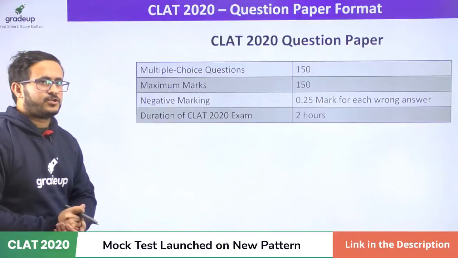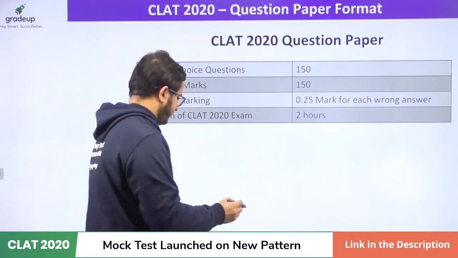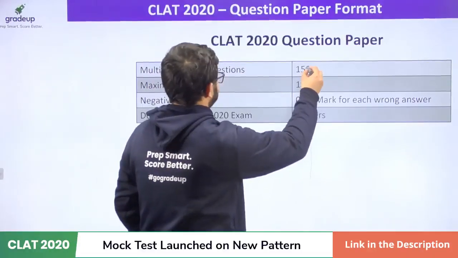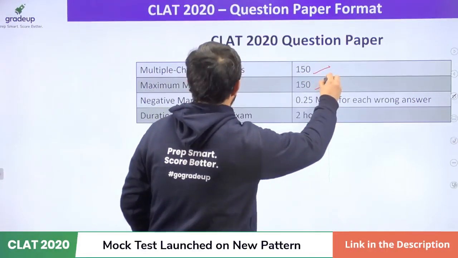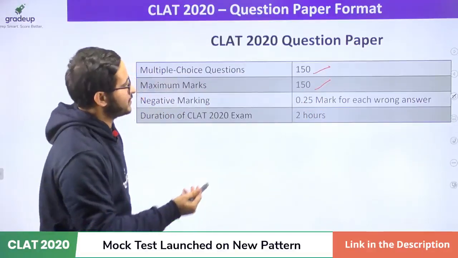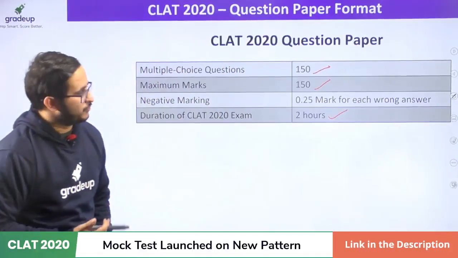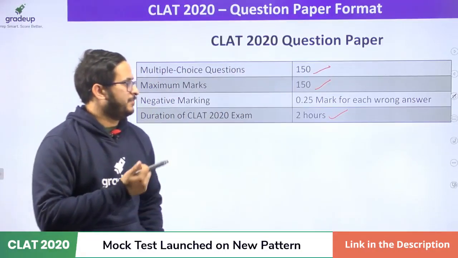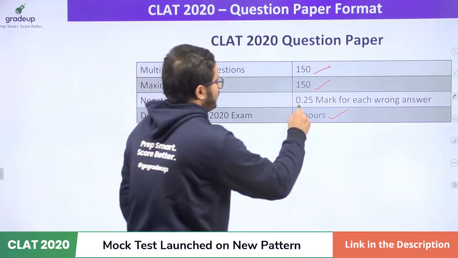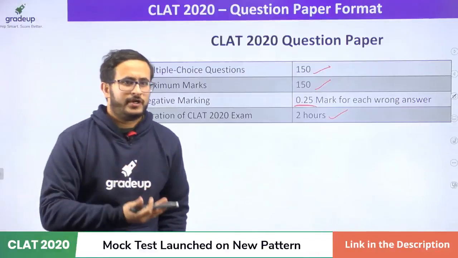So as it was already released previously, the examination would consist of 150 questions of 150 marks to be answered in 2 hours, 150 minutes. So that was already known to you, and it was also known that there will be negative marking of 0.25 mark for every wrong answer. So this was already known to you,